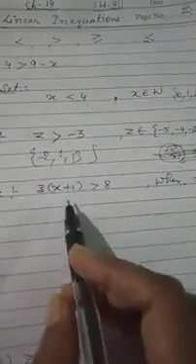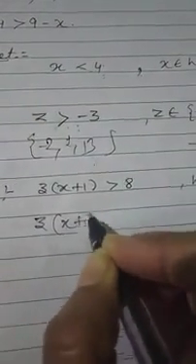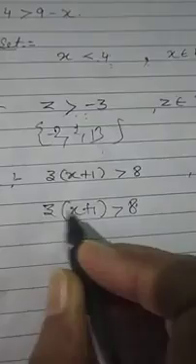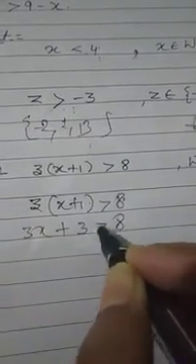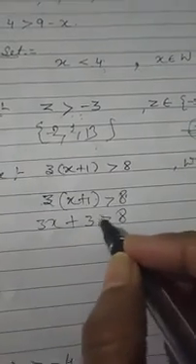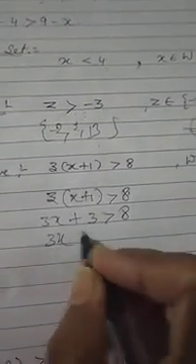Okay, got it? So let's see one example. You will understand better. Suppose you have to solve this. Then how will you solve it? We will use the transposing method. 3x plus 1 is greater than 8. Now multiply 3 into x. 3x plus 3 ones are 3 is greater than 8. This sign will remain like this. As you write the equals sign, like that only you have to write it. Now 3x plus 3 is greater than 8.